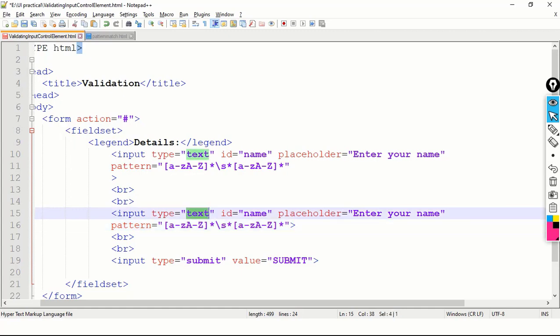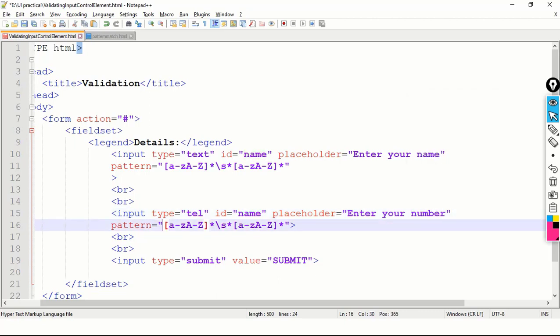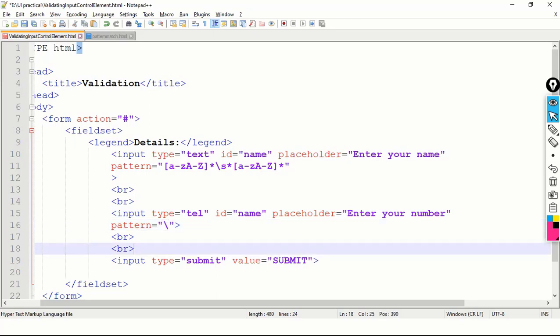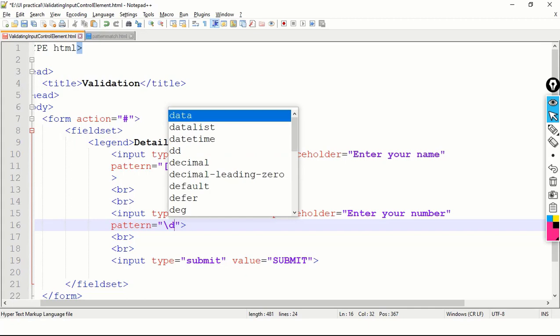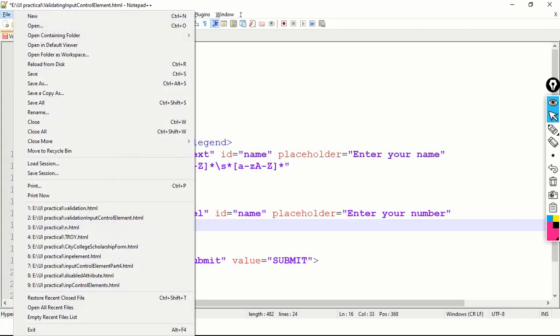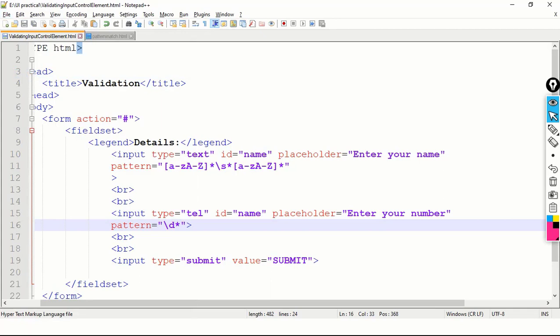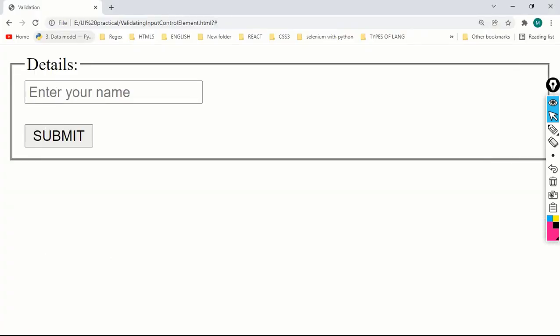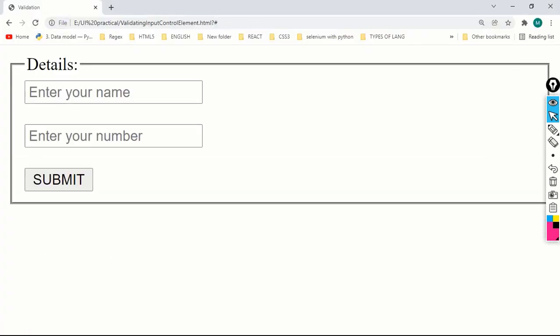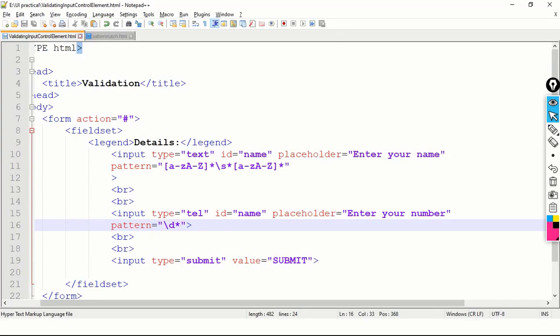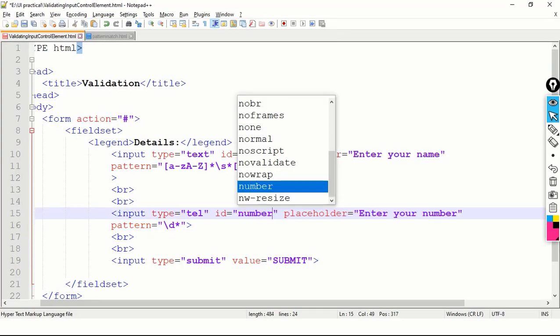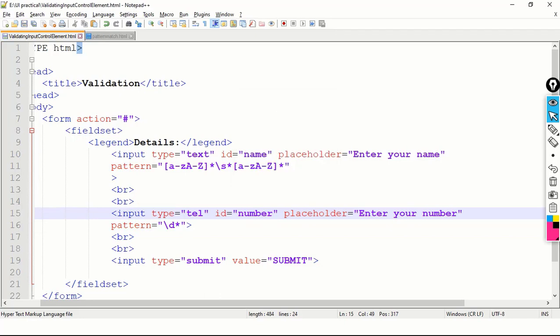Input type is tel, enter your number, and I'm taking backslash d and star. Save the code and refresh. See, the id should be different, number, and that is the reason. Save the code.